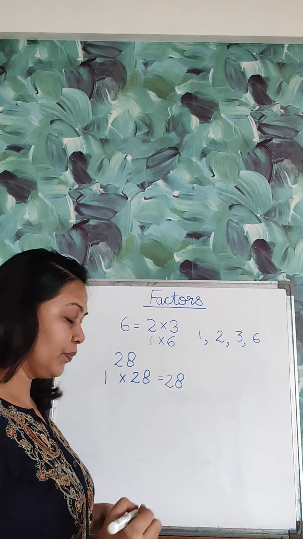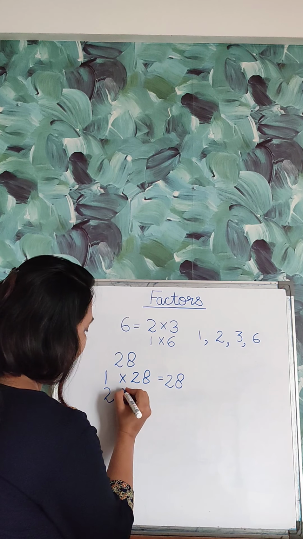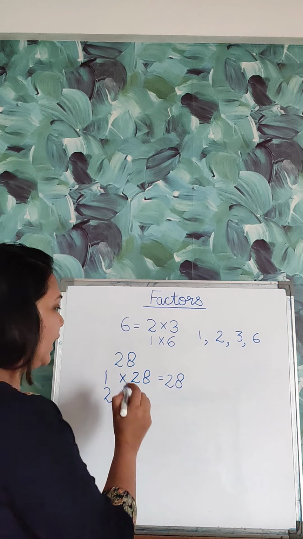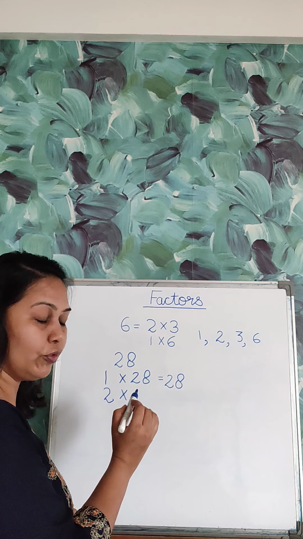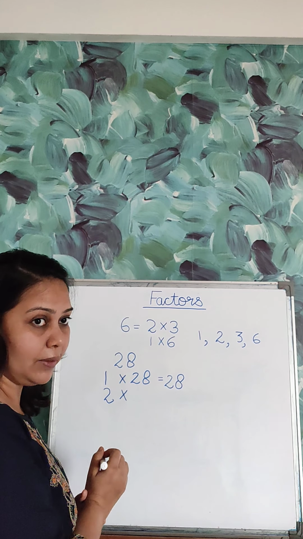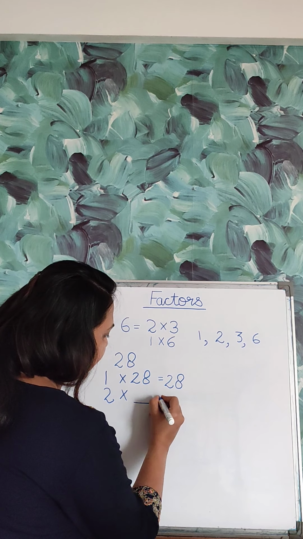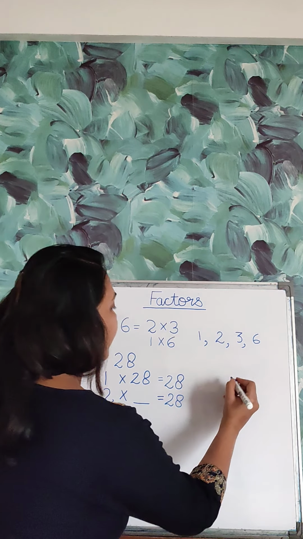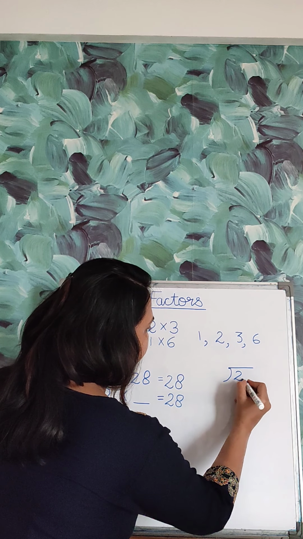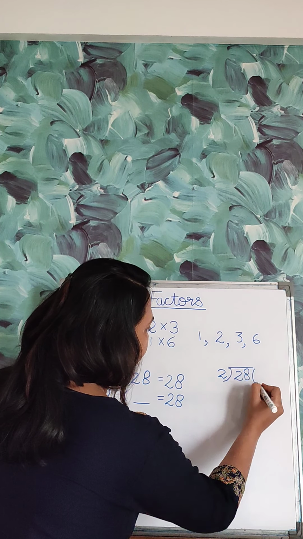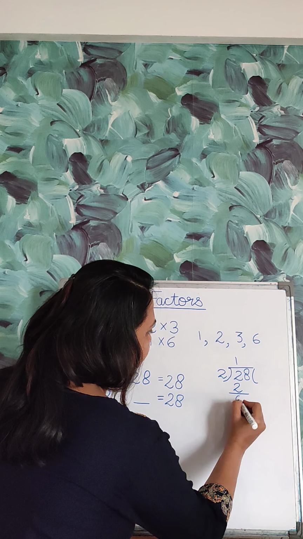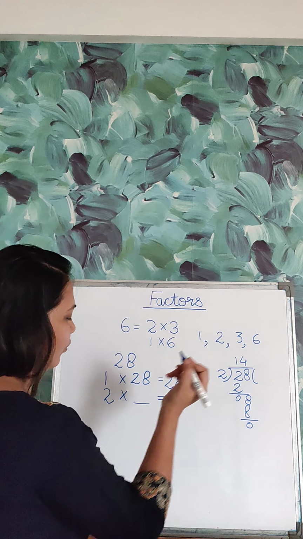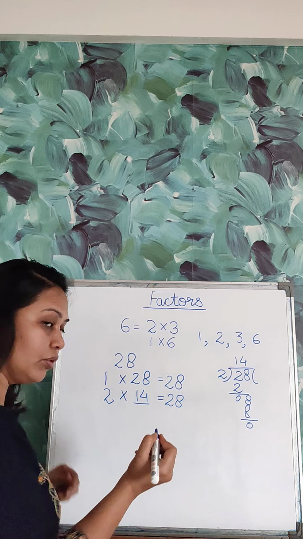Now let us take it with 2. So we all know 28 is divisible by 2. Why? Because of the divisibility rule of 2. Here we have 8, that is an even number at the end of 28. So that's why it is divisible by 2. So 2 multiplied with something should be equal to 28. How will we find this something? We will be dividing, here in rough, 28 divided by 2. 2 ones are 2, remainder 0, 8, 2 fours are 8, and here we have got 14. So 2 into 14 is equal to 28.